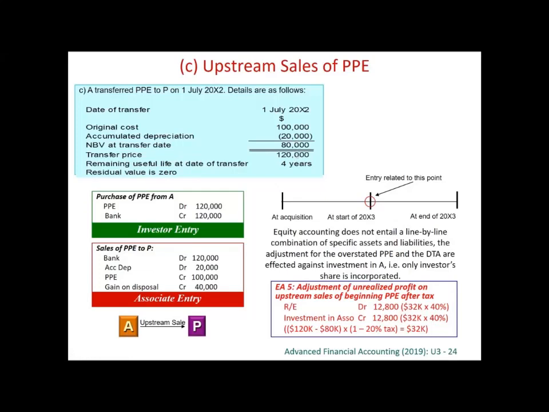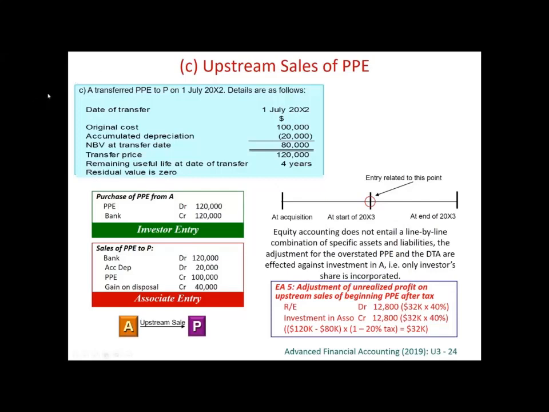So on the financial statements of the seller, there has been a gain on disposal of 40,000. This gain on disposal must be eliminated. If this is a subsidiary, we will debit away the gain on disposal. But this is not a subsidiary. We don't debit gain on disposal. Gain on disposal is a profit and loss item. Therefore, for an associate, instead of debiting gain on disposal, we debit share of profit.